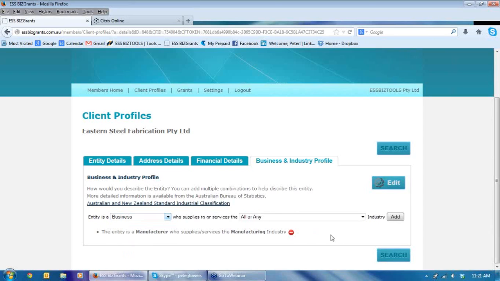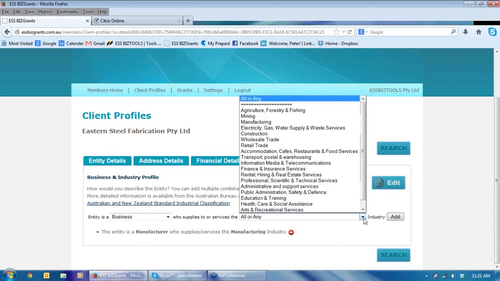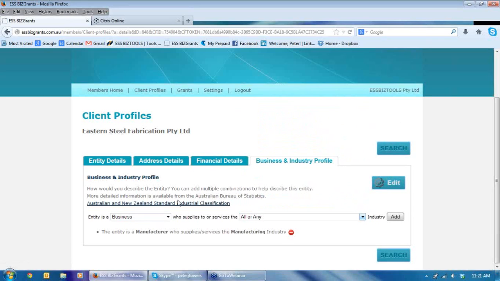But then you can look at the industry classifications, and there's 17 of those, and you can select which one applies. So I've already selected here that the business is a manufacturer and they're in the manufacturing industry. You can see there the other industry classifications. If you're unsure,